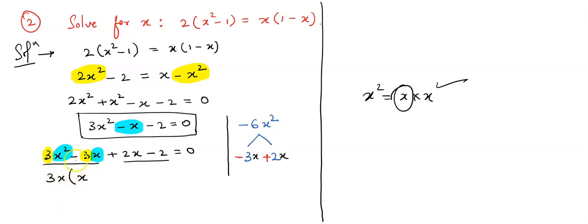Then the middle term sign is minus, so put minus. Already this 3x is out, so put 1 here. Now multiply both. 3x into x is 3x square, plus into minus is minus, 3x into 1 is 3x. Now whatever you get in the bracket, please try to write that as it is. Let me write the term as it is. You have to write x minus 1 as it is.